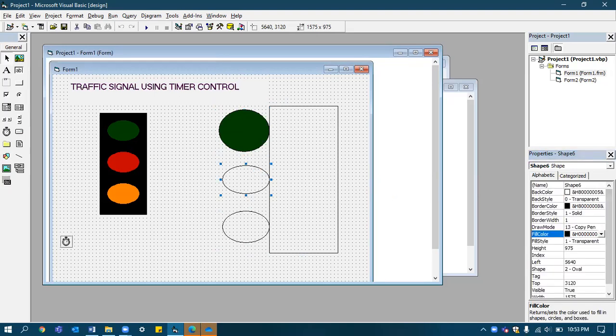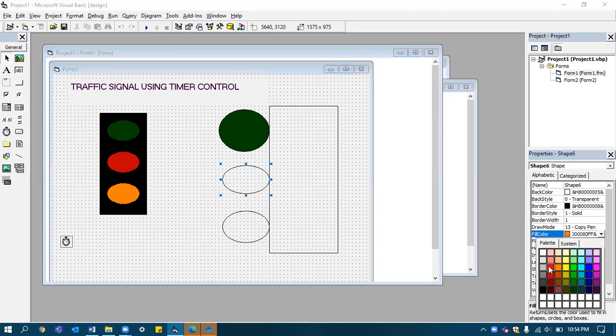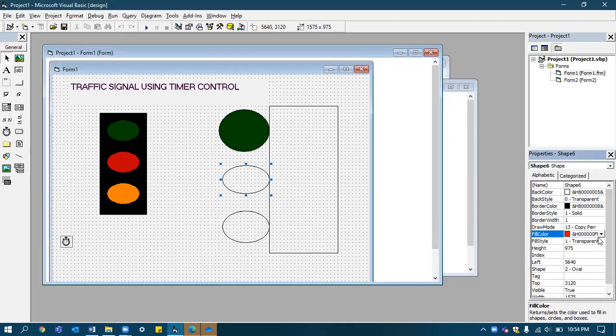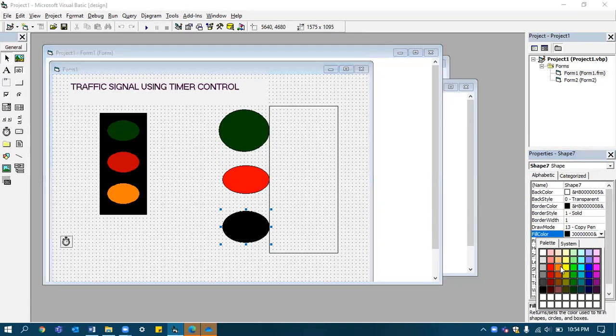For the next one, I will prefer red, and make it solid. And the last is amber color. The traffic signal has 3 colors, so make this solid, then go for amber color.